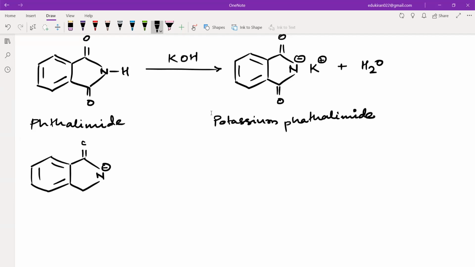Negative, with the two carbonyl groups, and there you have K positive somewhere, right? You have K positive here, and you treat this with, let us say, any alkyl halide RX. Now, what is going to happen in this case? This nitrogen, which is having a negative charge, obviously has lone pairs. This lone pair is going to attack the R group, right? This X is going to leave, a nucleophilic substitution reaction, and you will get